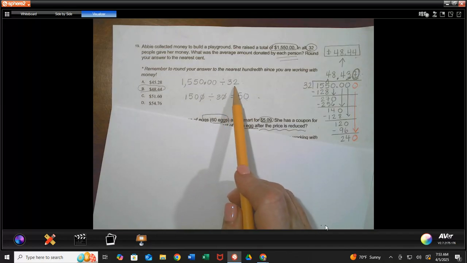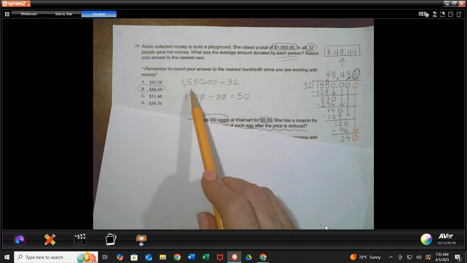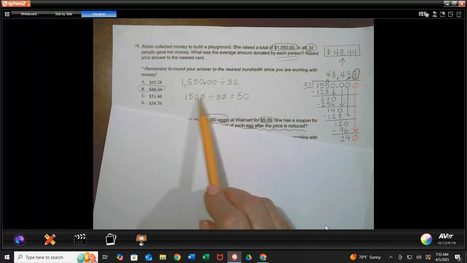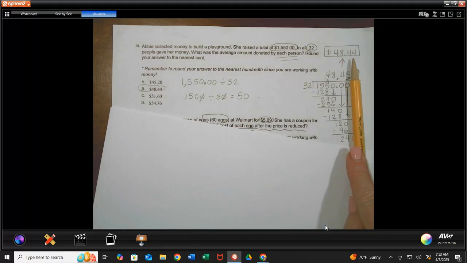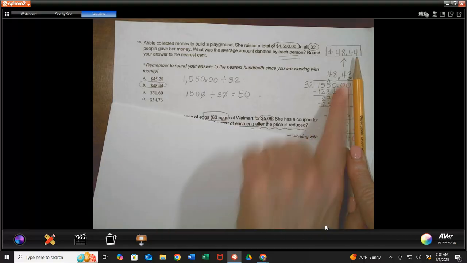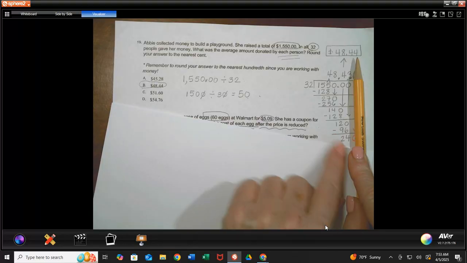I'm going to round the divisor to 30. Working with my 3 facts, I find a compatible number, and my compatible number is 1,500 divided by 30, which gives me an estimate of $50 per person. When I divide, I had my work here, and when I multiplied this last step, 3 times 32, I got 96, and then I had